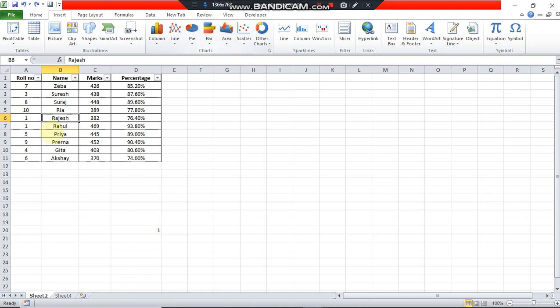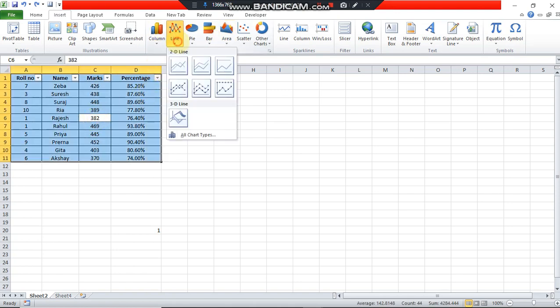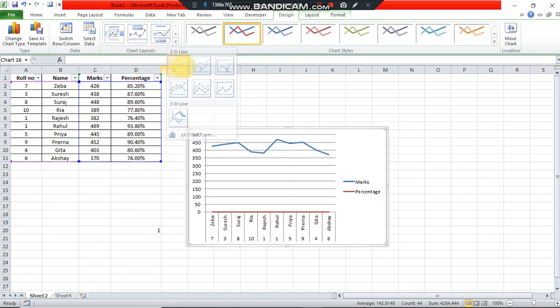You select your table with Control A, and you go to line chart, because we are more interested in comparing the marks of students. Pie chart is not very useful in these cases, and a column chart can also be drawn for it. First I'm going to show you line chart. Click on 2D line. The chart appears on the screen.